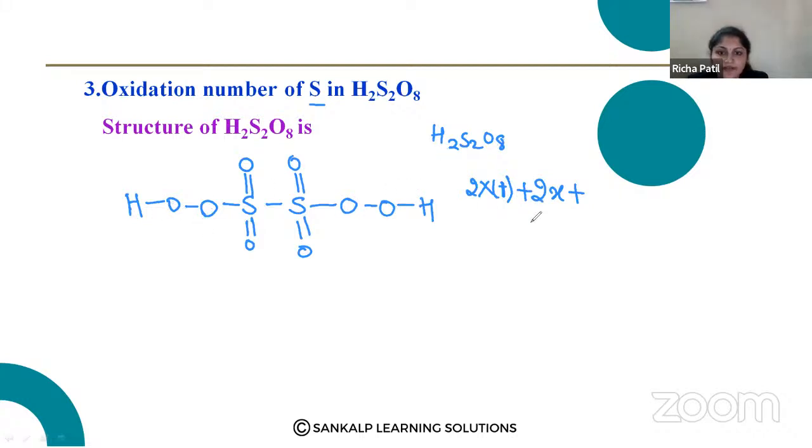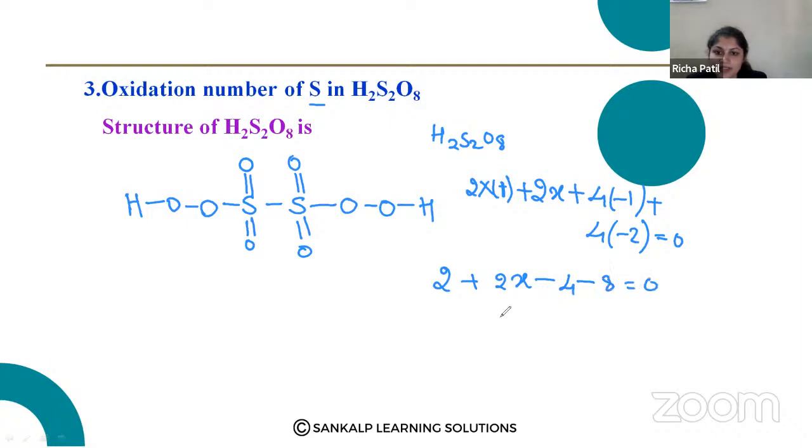Here 1, 2, 3, 4. So you write 4 into -1, plus how many are the rest? These are 4. So 4 into -2, right? Equals to what? It will be 0. So solve it. 2 plus 2x minus 4 minus 8 equals 0. So this will be what? 2x